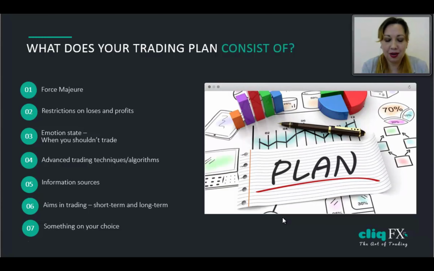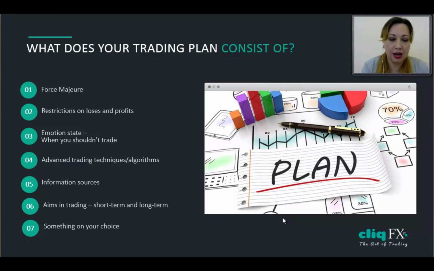Number 3, emotional states. Emotional states also should be taken into account because they affect trading a lot. For example, if I'm sick or depressed, I don't trade this day. If I quarreled with my husband or wife or whatever, for example, or just if I want to sleep, I do not trade. Number 4, advanced trading techniques